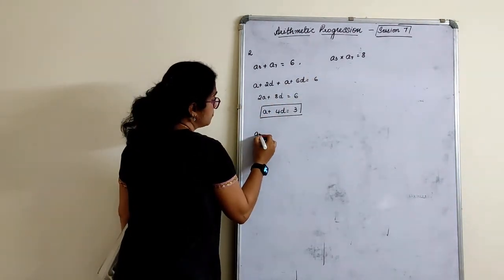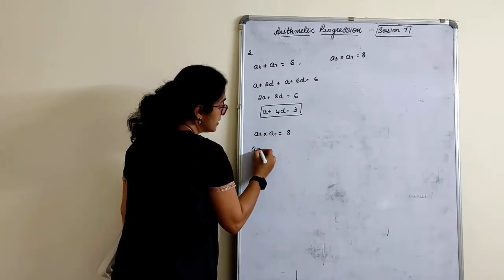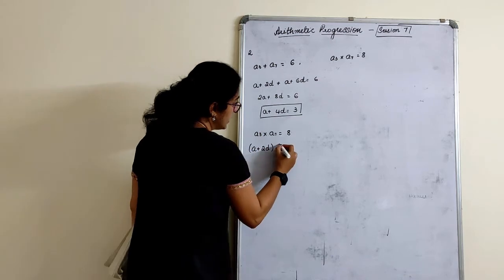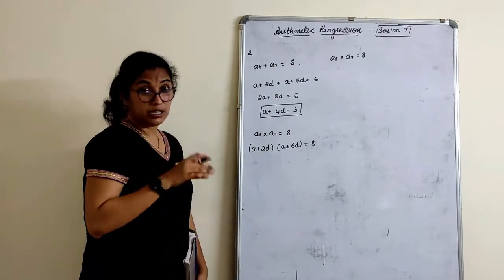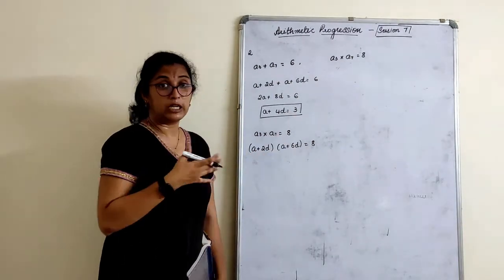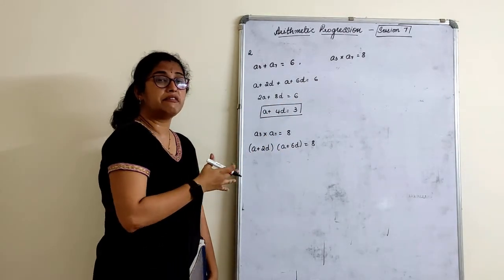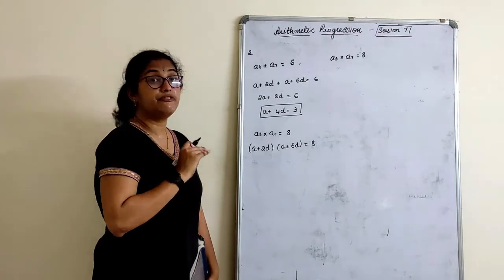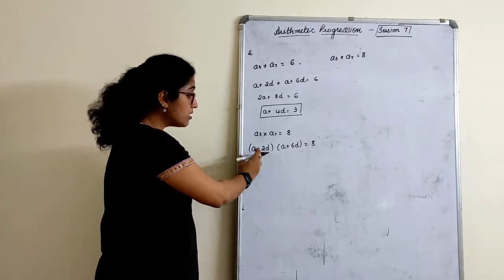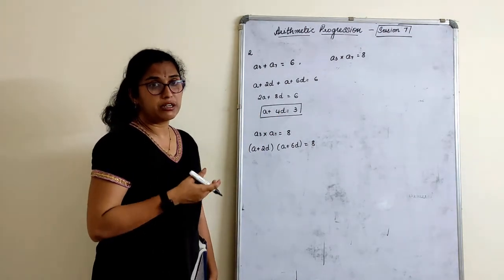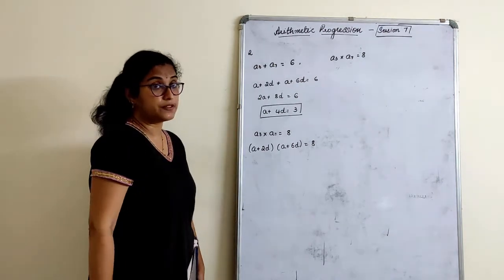Let's take this product now. A3 into A7 is equal to 8. A3 is written as A plus 2D, A plus 6D is equal to 8. Now, if you sit and multiply this as a binomial by binomial and then use the substitution method to substitute A value, D value, it will be very complicated. So what to do in such sums is, always you should know how to adjust the given things with something we have got. And how do we understand? That only comes by practicing more and more such type of sums.